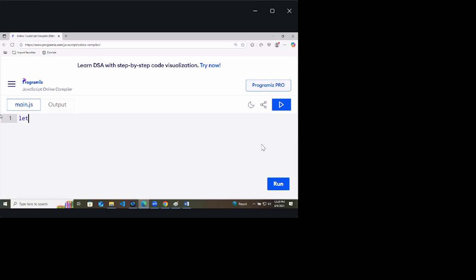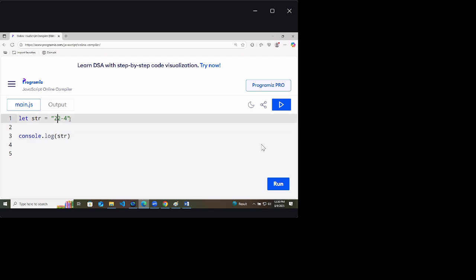Here I will write let str equals to India. And if I'm writing console.log str, what is the output? str or India? str, because we are printing as a string. What is the output this time? India. Very good. If I'm providing let str equals to 2 plus 2 minus 4, what is the output this time?